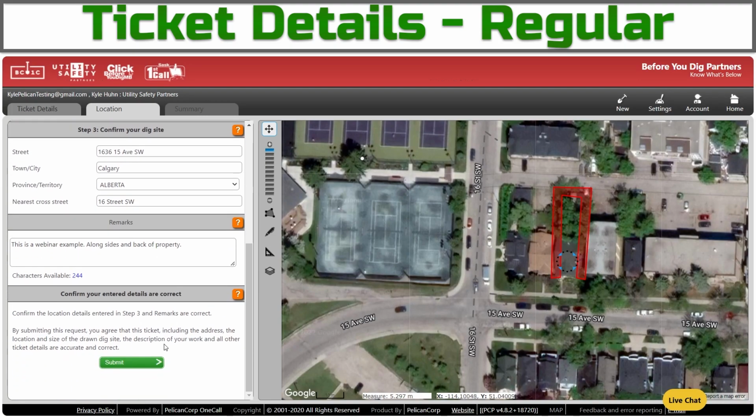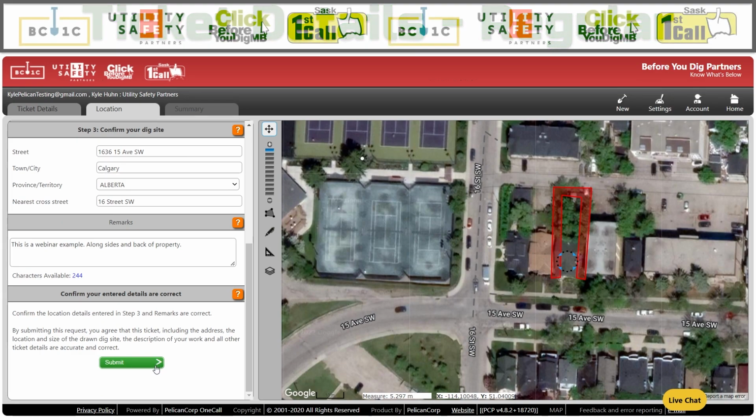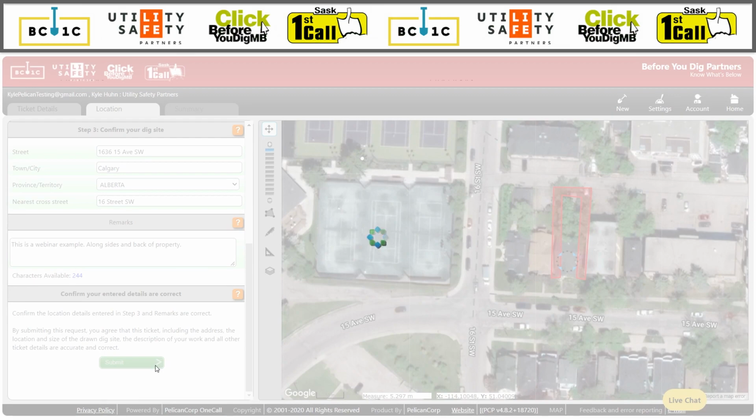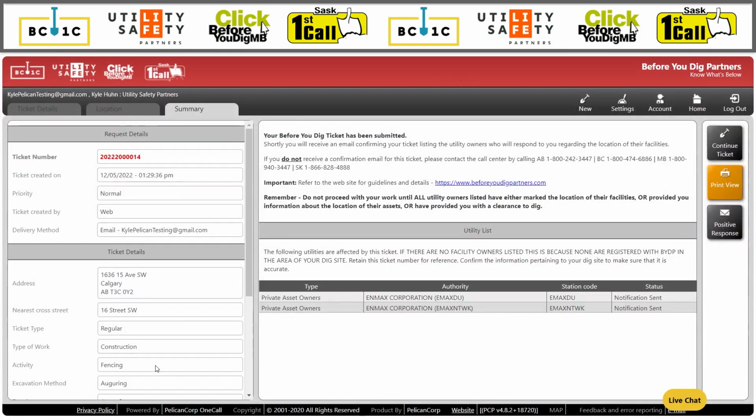Once you've added any additional details, you can scroll down and click the Submit button to send your request off, which will automatically notify utility owners that cross through the polygon you've drawn. After submitting your request, you'll receive your ticket summary page. In the top left-hand corner, you'll have some details regarding your request. The first is your 11-digit ticket number,